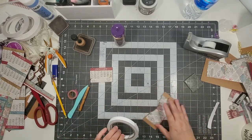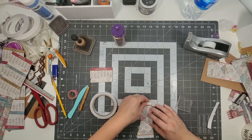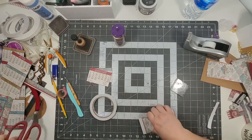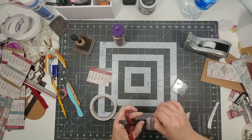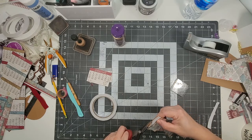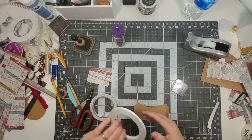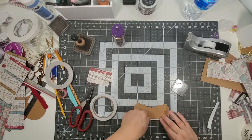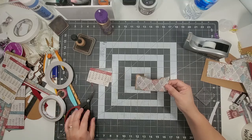And what I'm going to do, covering the edges with tape. I am going to cut the corners at least at the top because I don't want them to be seen when they bend inwards. And I'm also cutting the excess cardstock that wasn't covered by tape. And last, I'm going to put a small portion just to hold the bottom of this. And here's our pocket, and I'm actually going to make 3 more of these for the